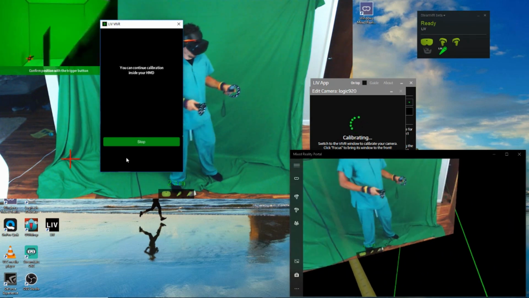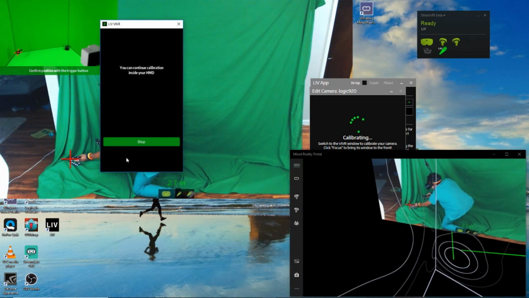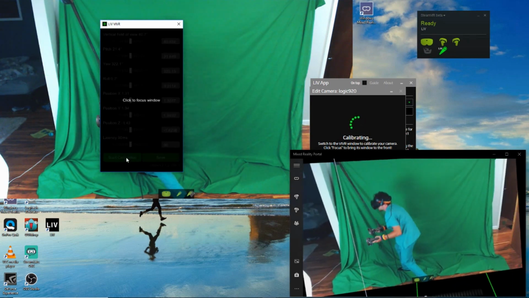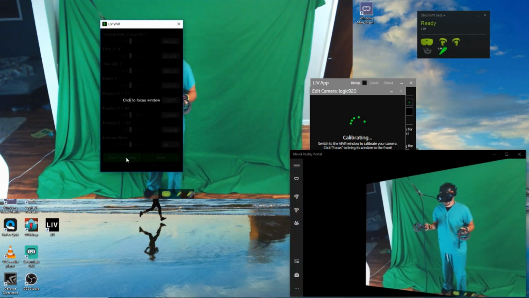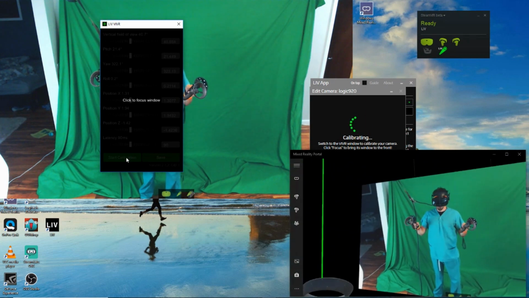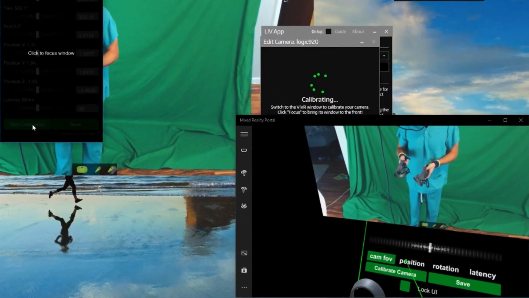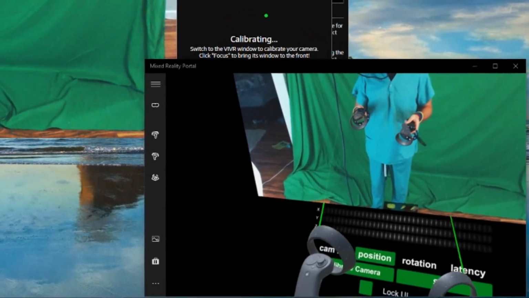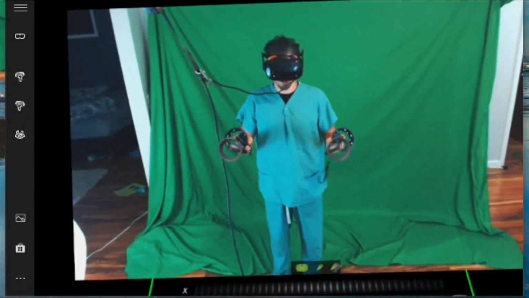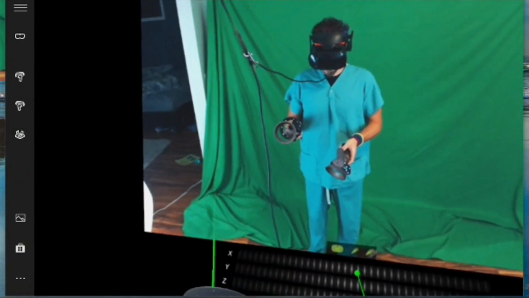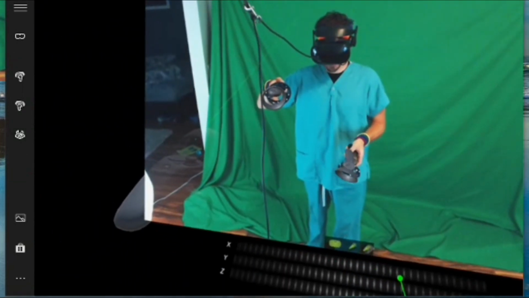Okay, so now we'll just do that same. Got both my controllers in my vision. Boom. Okay, so now you should see this. You look down, I have controllers overlapping my controllers, but they're not quite perfect. But in my headset vision in the bottom right, you'll see I have a position, and I'm going to start here. The rotation looks pretty good. Everything seems to be good. And I'm going to adjust my x-axis. I can move my x-axis this way